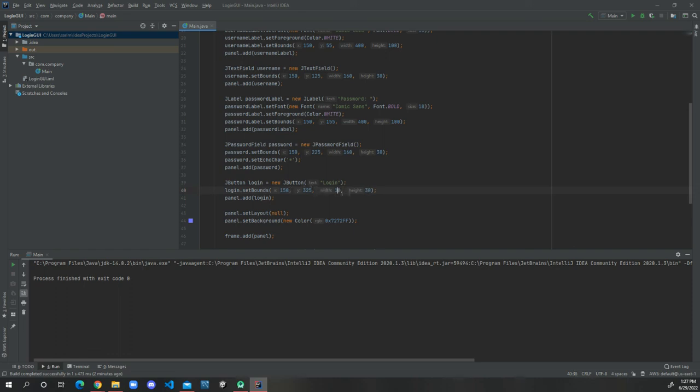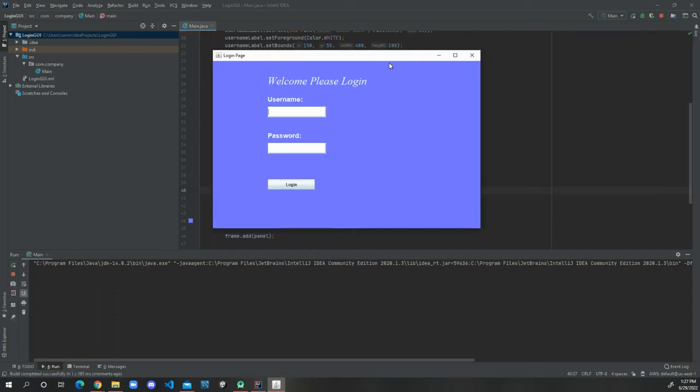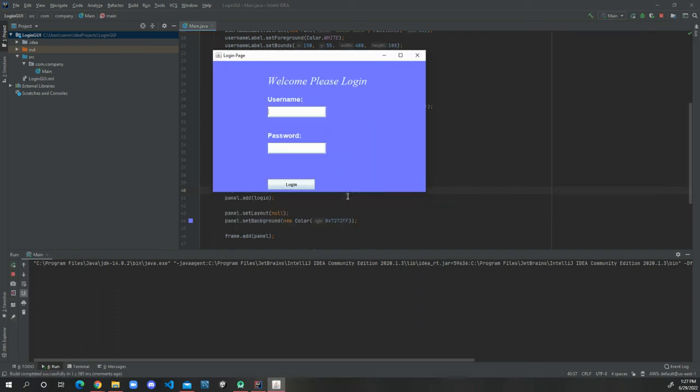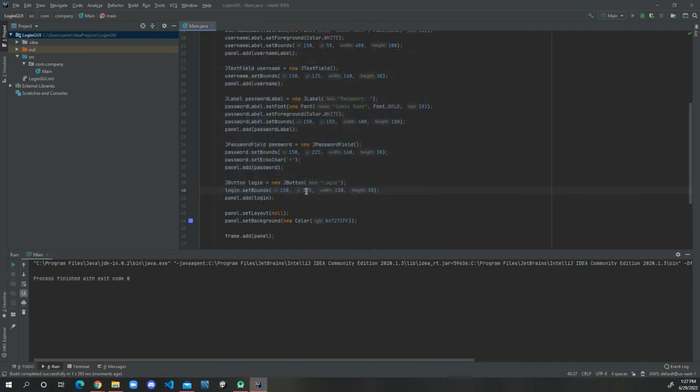We'll do width, we'll reduce it to 130. Let's see how that works. Let's run it. All right, awesome. So we see we have a button, and I think we need to move the login button a bit more up. So in this case, the Y will be, let's